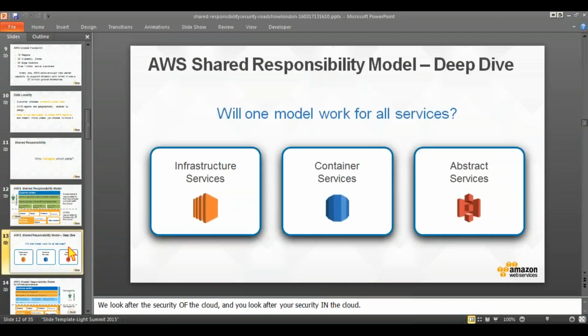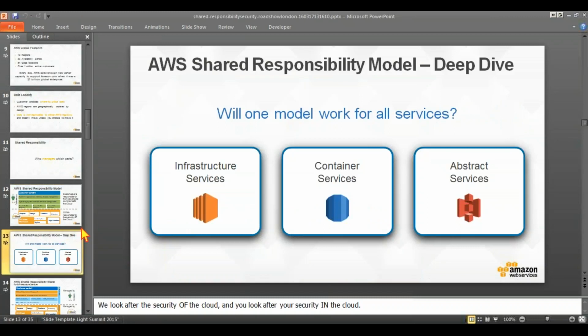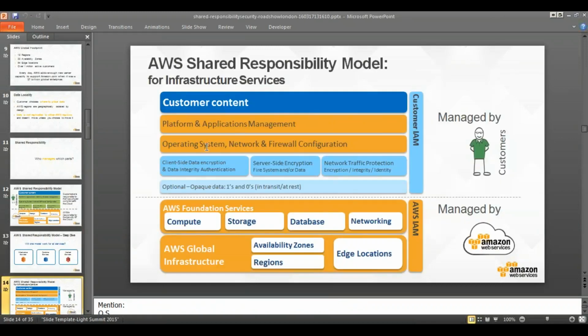It depends upon what type of service you are going to use. This is just a general representation, but this dotted line is going to vary depending on whether you are using S3, EC2, Docker, or RDS. Depending on the service, you will see a variation.